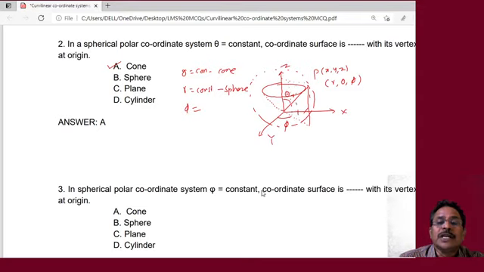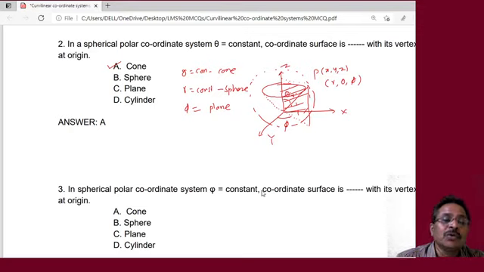parallel to this z axis. So this is the plane which is parallel to the z axis, so this is going to be a plane. Here, amongst these options given, if we want a cone as a coordinate surface, in that case theta must be constant. If I want a sphere to be a coordinate surface, then R is going to be constant. If I want a plane to be a coordinate surface, in that case